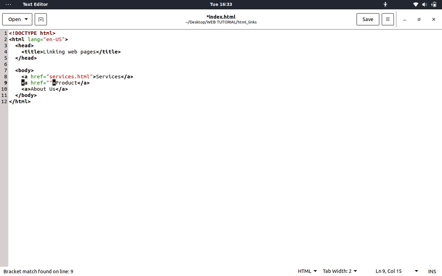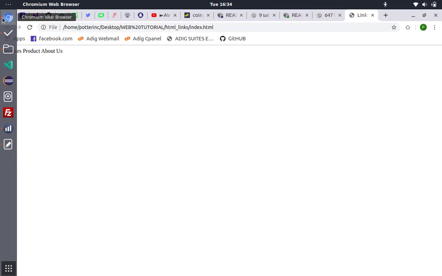Then the value, you always put in double quotes. I call this one products.html, and I'll do the same thing here, say href. So the href attribute is simply used in linking one page to another. So I'm going to call this about.html. Okay, so when I save my page and go back to my browser and reload, you see now it